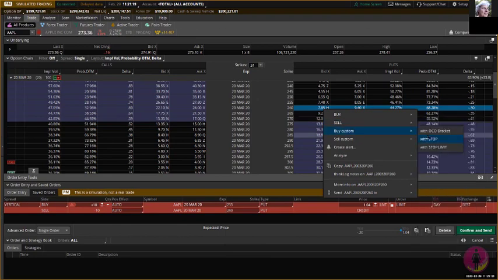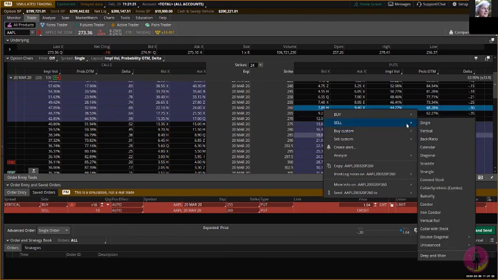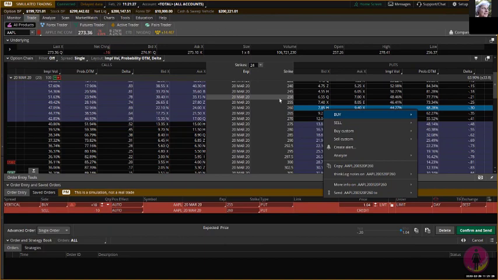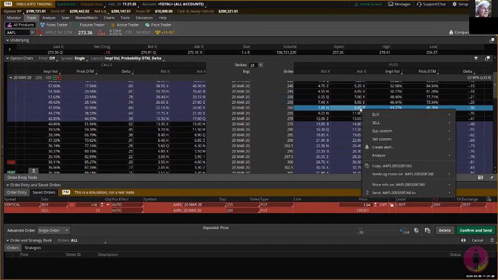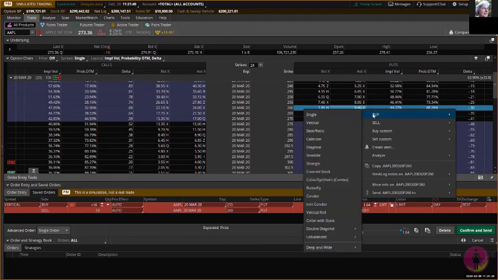Now, if you do it for the buy, you do the same thing. Don't click. Now go to the buy. Now you say you buy a vertical. You set it on the buy, and then you do again a left click, and then you go to the buy. That is how you put a trade on.